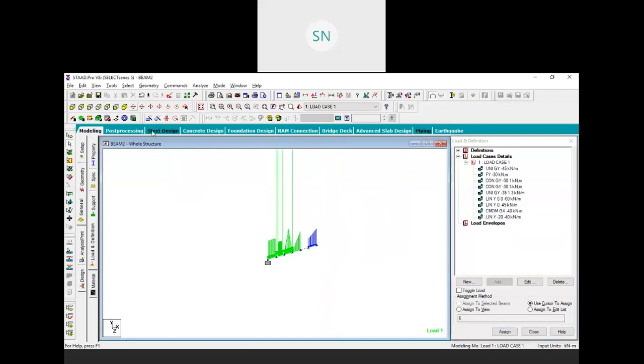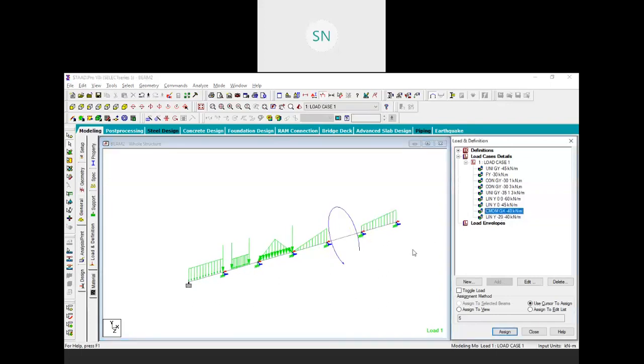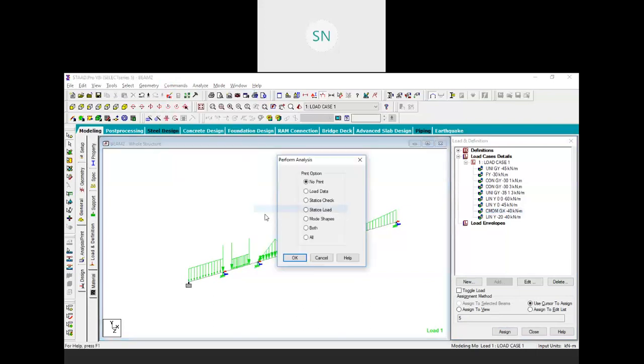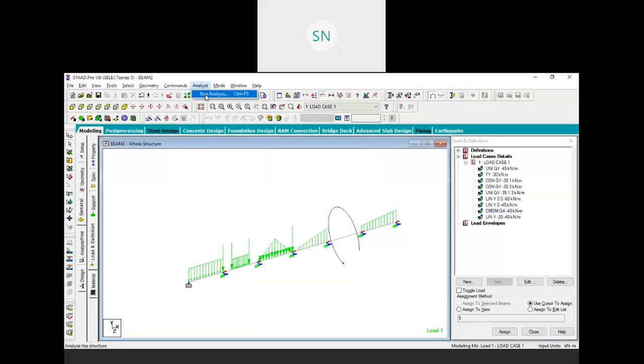If you go to the isometric view, you will get this moment. Click on these loads. See, this moment is in yellow color. Just select it, you can view it. So your moment must be around your beam. That's why we choose global x direction for the moment. Now we are ready to run this study. So go to the command, analyze, perform, OK, and run the study.